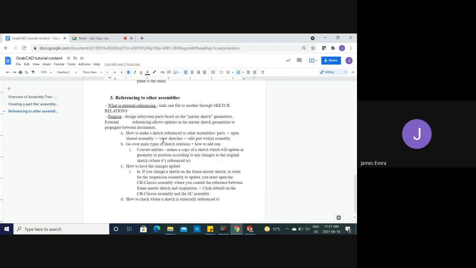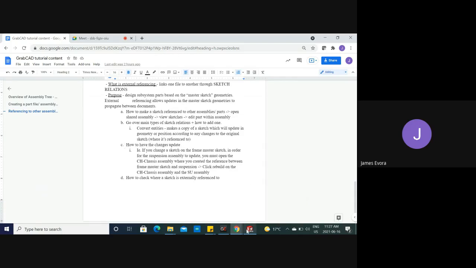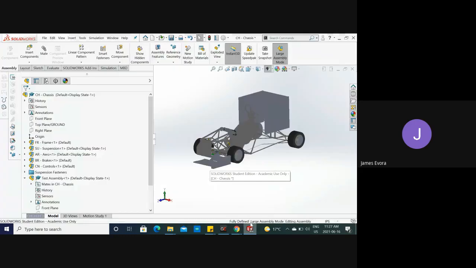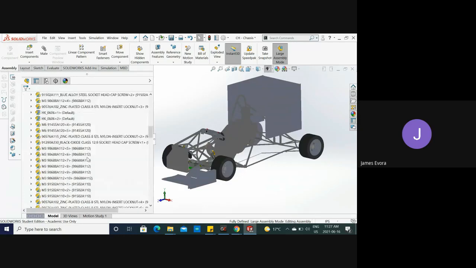So how do I do this? First, to make a sketch reference to other assemblies, you open the shared assembly. And then you view the sketches for both, and then you edit part and create your sketches, which I will go over in a second. And then in terms of sketch relations, you have convert entities, which makes a copy of a sketch, which will update in geometry or position according to any changes to the original sketch, so where it's referenced to. So if I want to make a sketch in the suspension assembly,